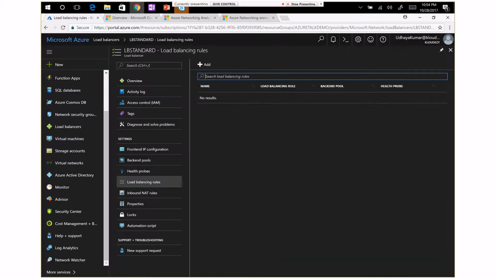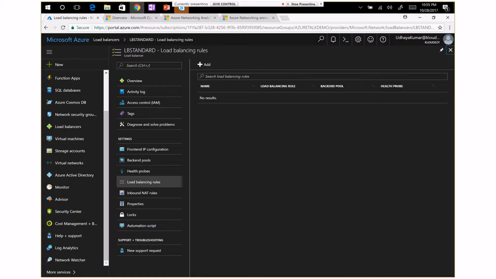Yeah, so I'm done with the Standard load balancer demo. As a limitation, with workloads like NVA devices, we can't achieve the complete HA functionality. This is how you configure the Standard load balancer, and you can have your workloads, like VMs across multiple availability zones, as a backend pool.